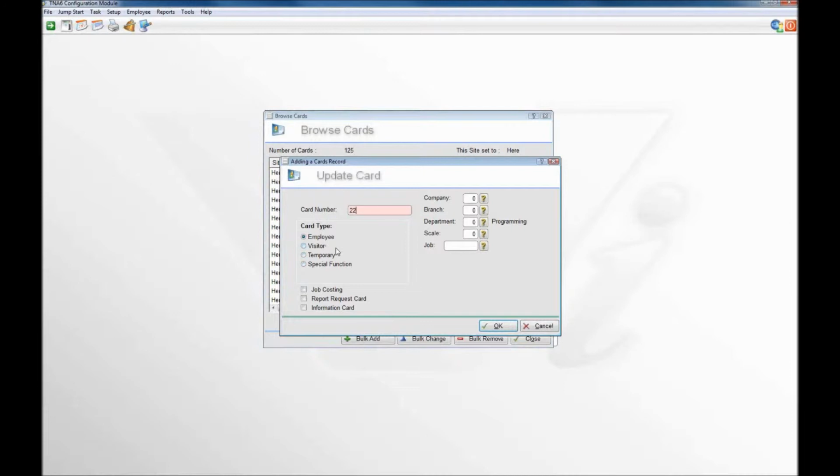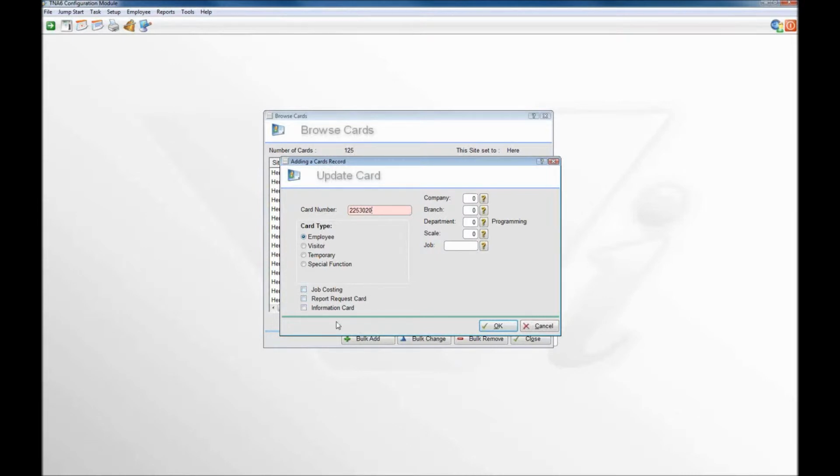I've got the number at the bottom of the card, which I'm going to just enter, 3020. It is the type of card, it is an employee card. It's not a visitor's card or a temporary card or special function like to print reports or anything like that. I'm not going to assign it to any specific company or anything funny like that. We're going to just enter the card number and basically be worried that it is an employee card type, and